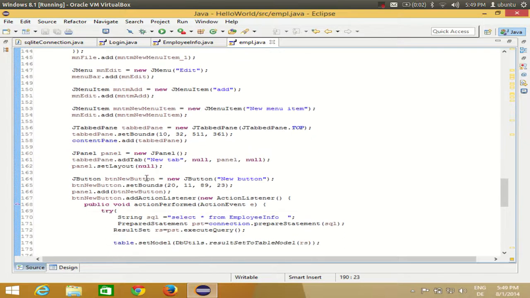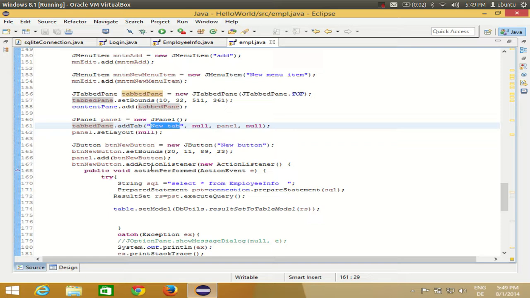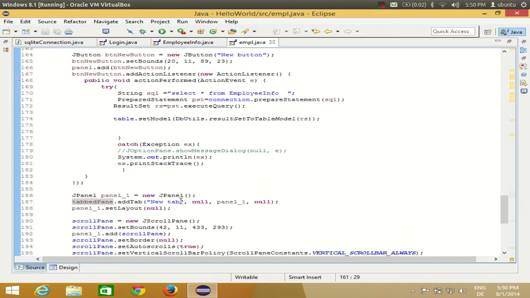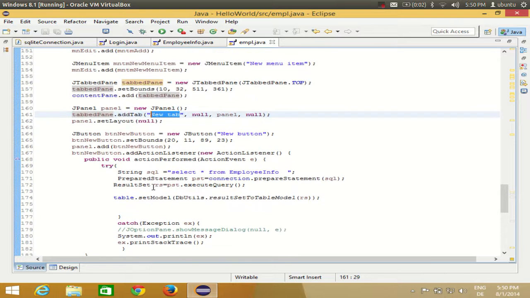Here is our definition for the tab. JTabbedPane, tabbedPane here, and you will find two panels here. Panel 1, this one, and you will find one more panel just below this, which is this one inside your tab. So in here, instead of new tab, you can change the text to, for example,